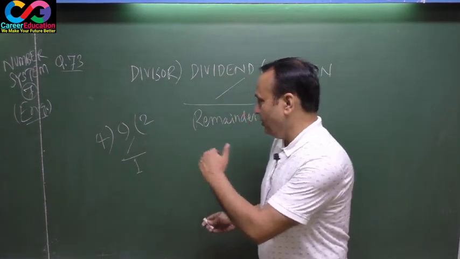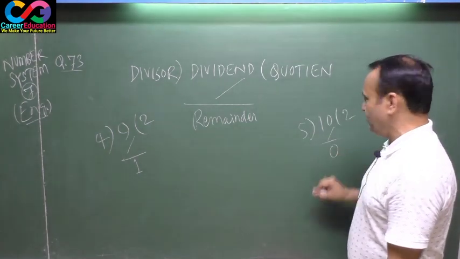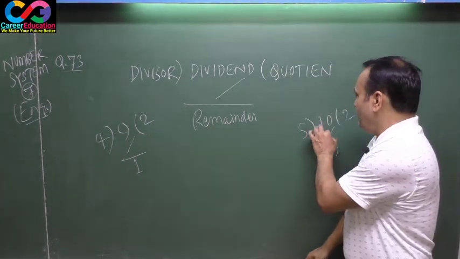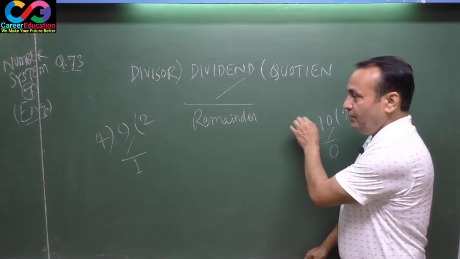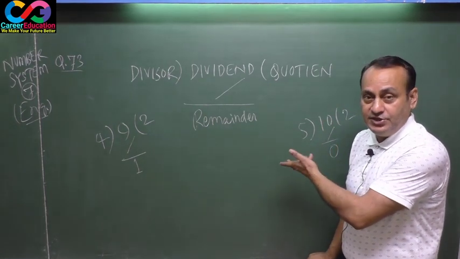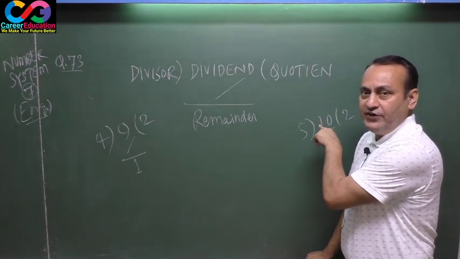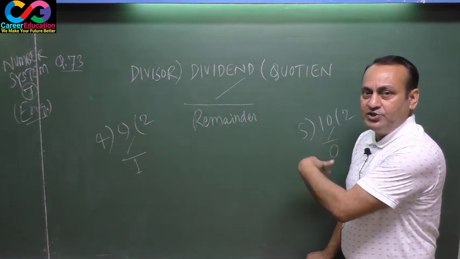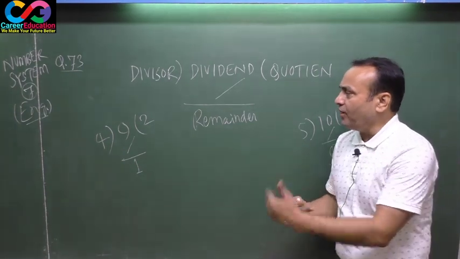See here an example of that. 5 into 10 is 2, remainder 0. Since 10 is a dividend which is divided by 5, quotient is only 2 and remainder is 0. If the remainder is 0, that means this dividend is completely divisible by the divisor. See here. Now make a formula here.